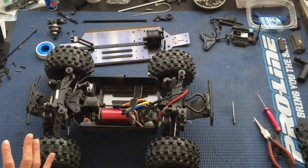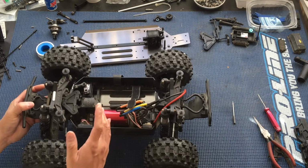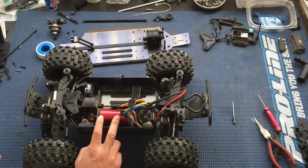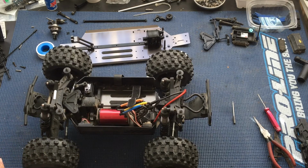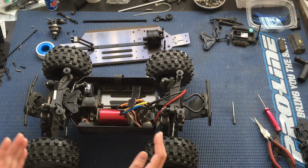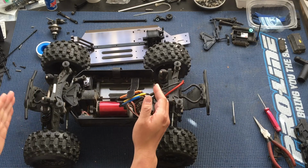So we've reached a point here where we've done some key upgrades, but we're at the point where even running on 3S with the Hobbywing 4072 motor in here, the truck's wheeling a lot, right? So we've done this in the past where we've had Stampedes or whatnot with this shorter 10 scale monster truck chassis, and then switching to a longer chassis